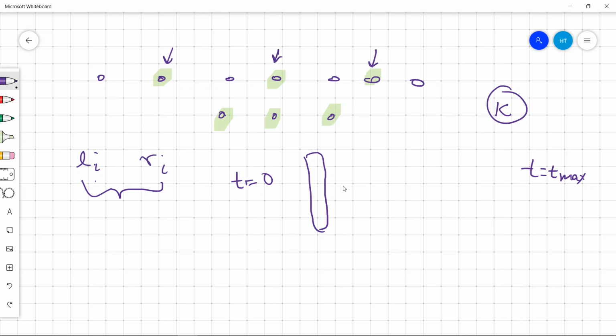And suppose we add a new lamp here. So at this point, let's say t equals L, a new lamp is turned on.